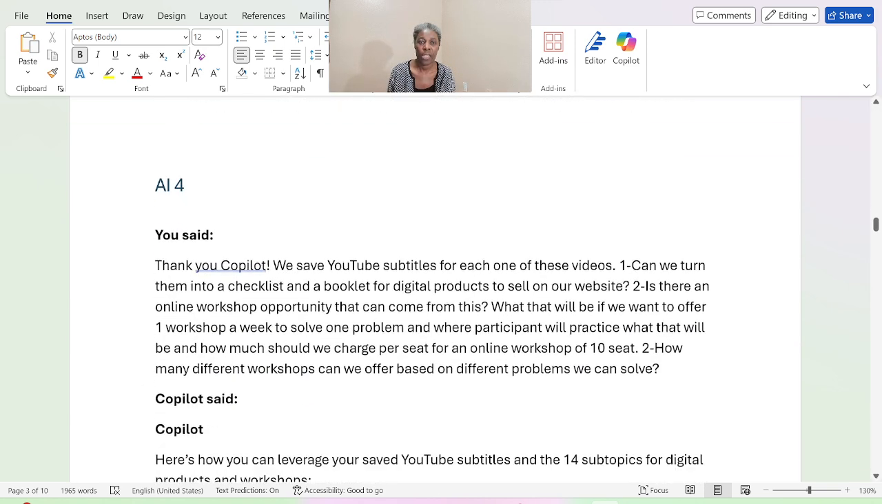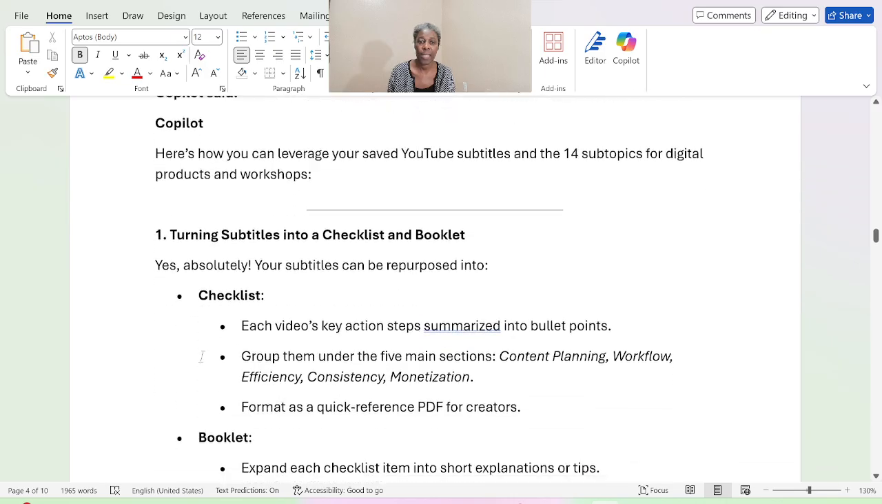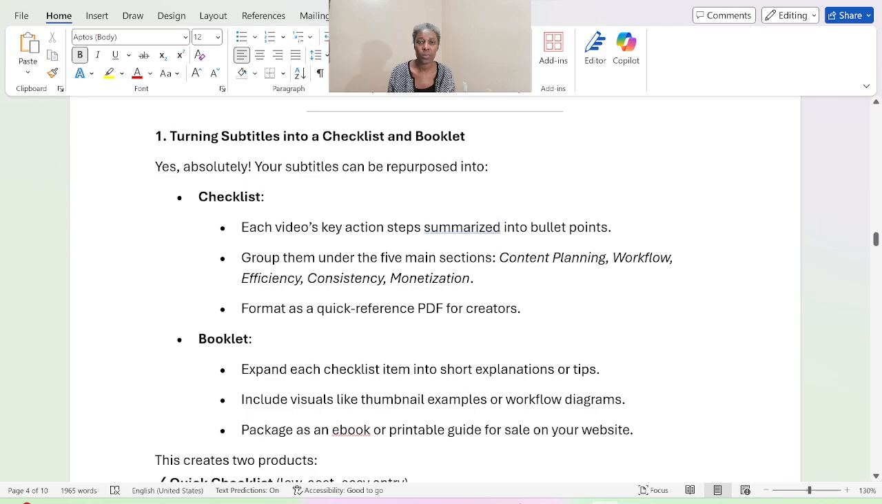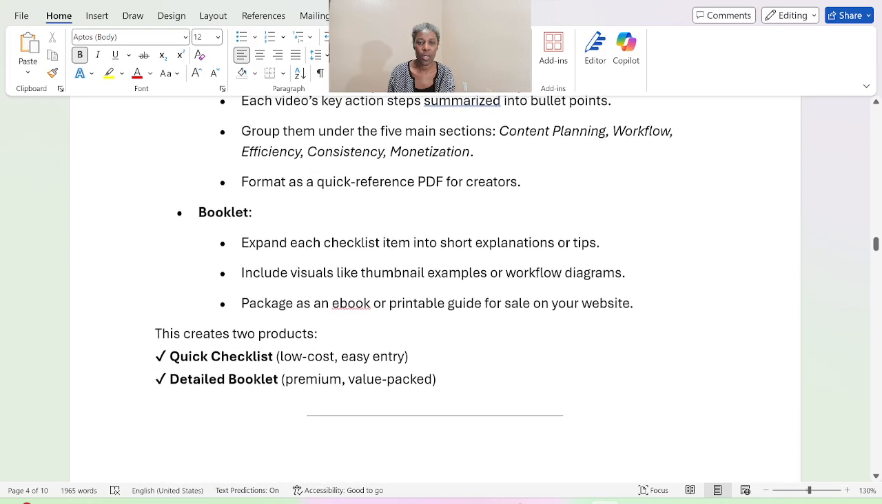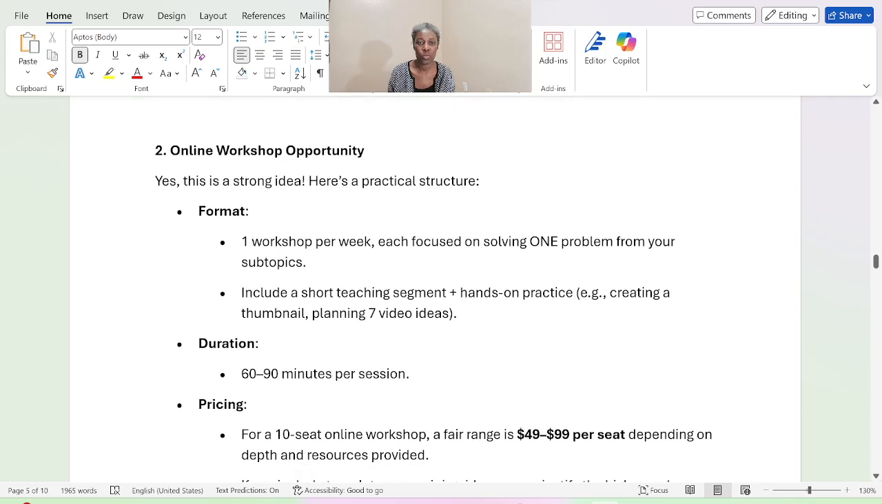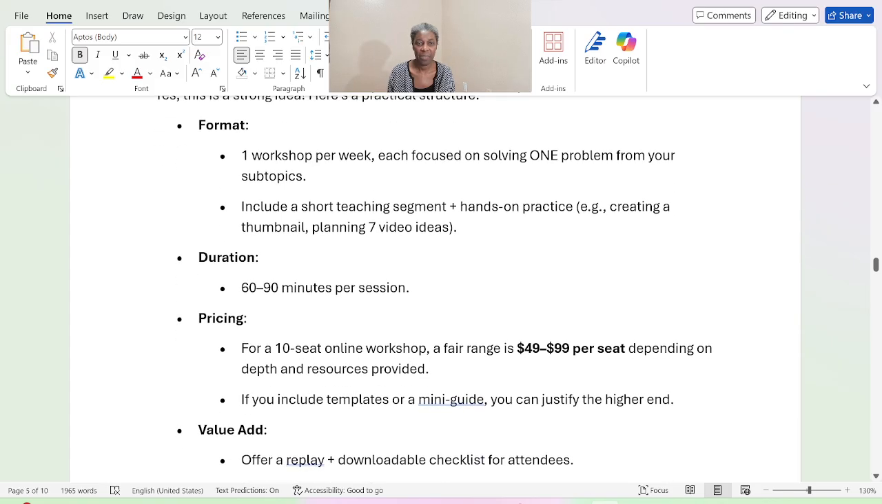So, and then AI came back, and pretty much I'm just using this one here, Copilot. And then yes, he said we can. So for the booklet and for the online, it pretty much structures those. For the online workshop opportunity, let's see what it is giving us here for one problem, and think